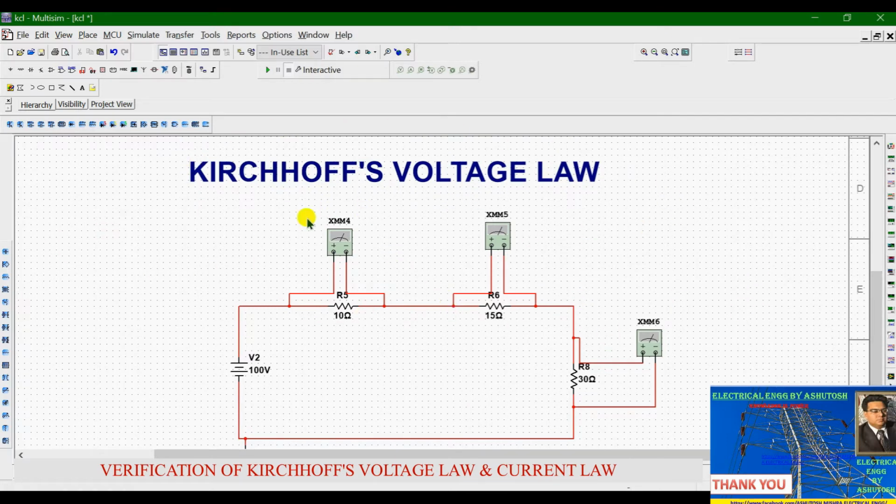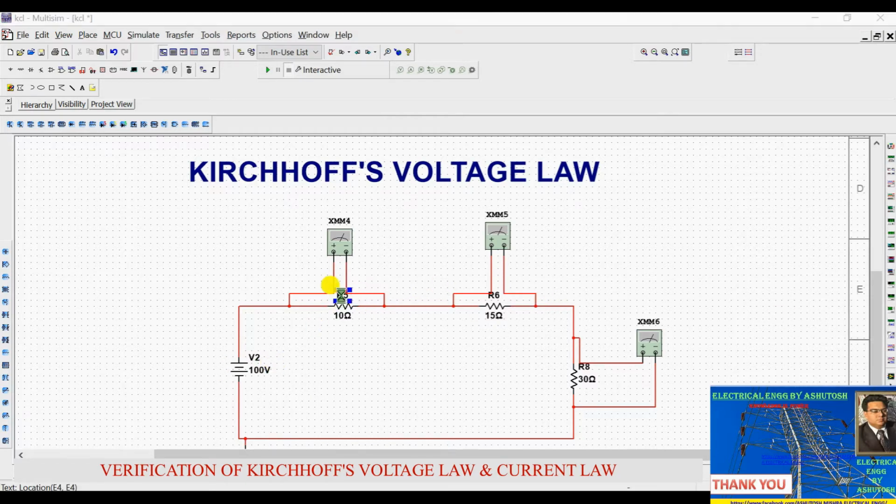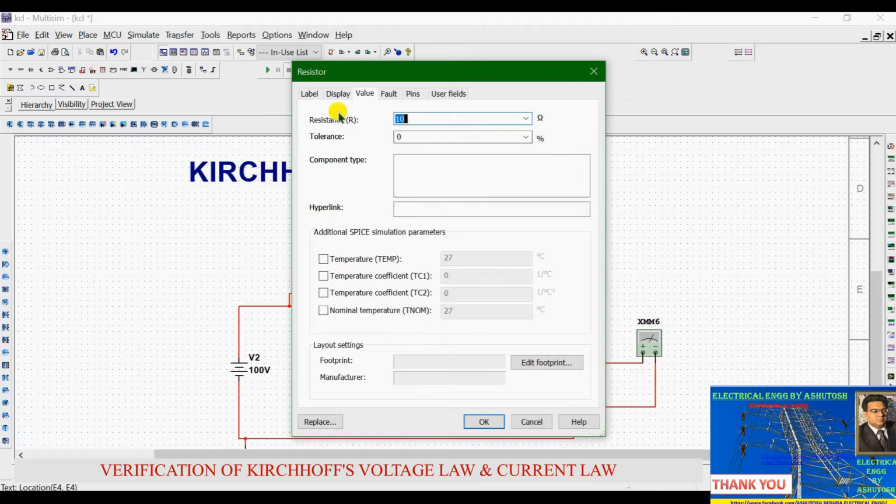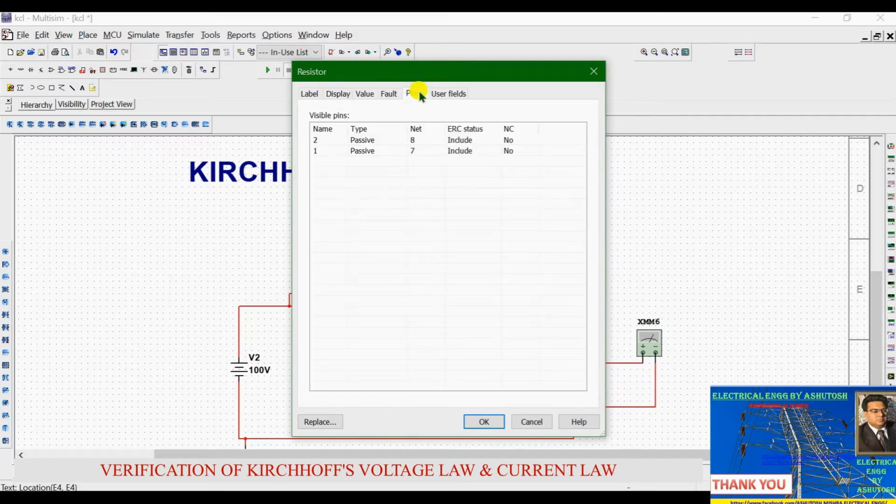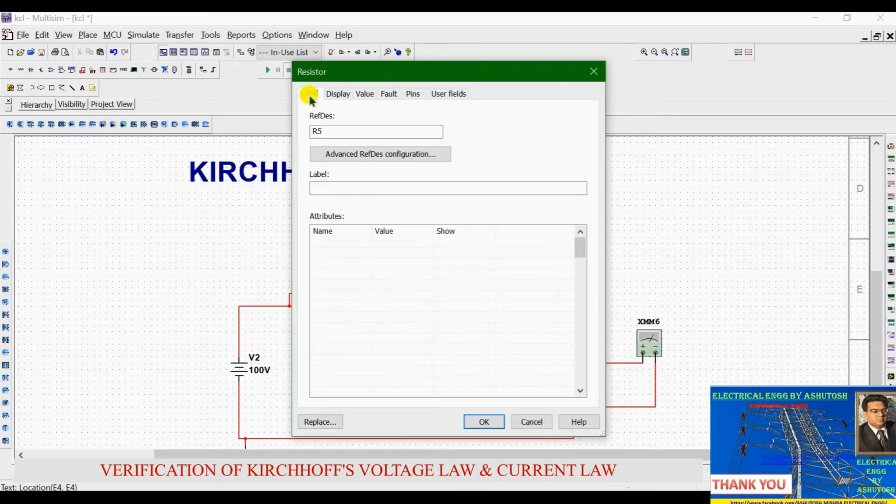The same in the KVL circuit, you can see over here Kirchhoff's voltage law. For this verification of KVL, we have selected another voltage source V2, which is 100 volt. Then resistances R5, R6. You can rename these resistances from here, in the label.